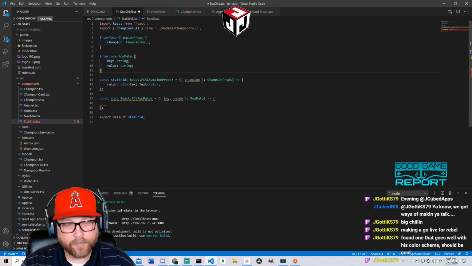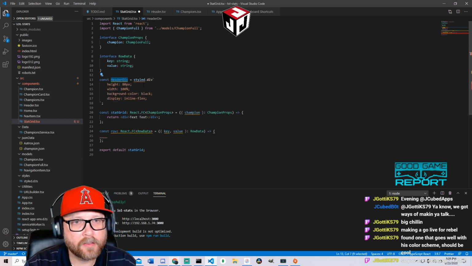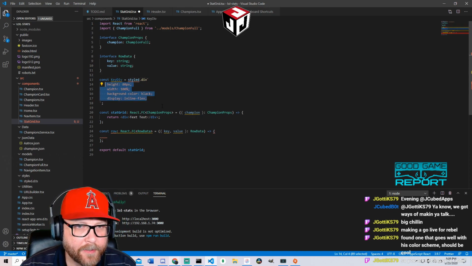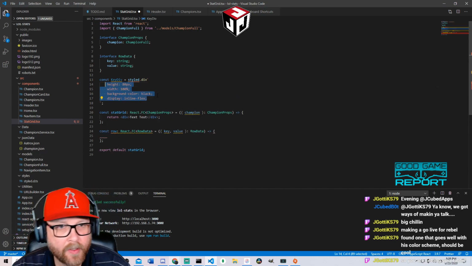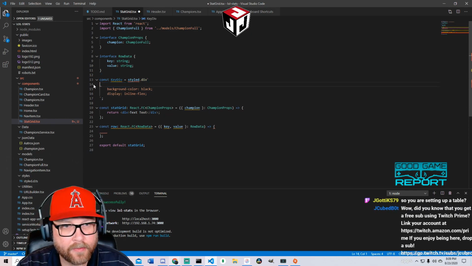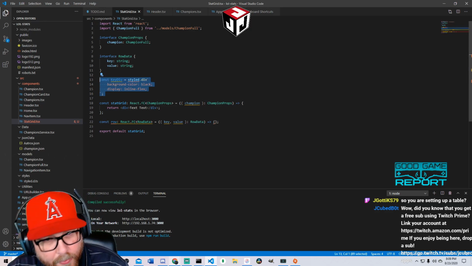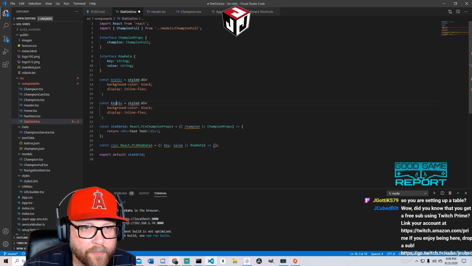This is gonna be const key div. It's not gonna have anything in it. Probably doesn't like that. So we'll just keep the background color as black. Just like that. All right, and then we're gonna make another one of these for the value div.